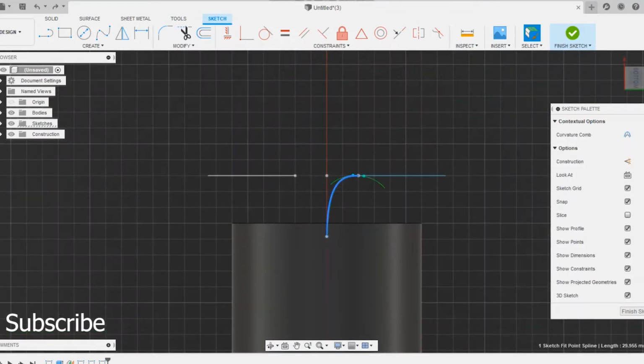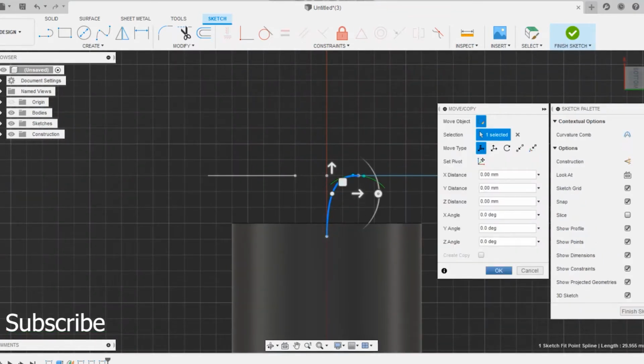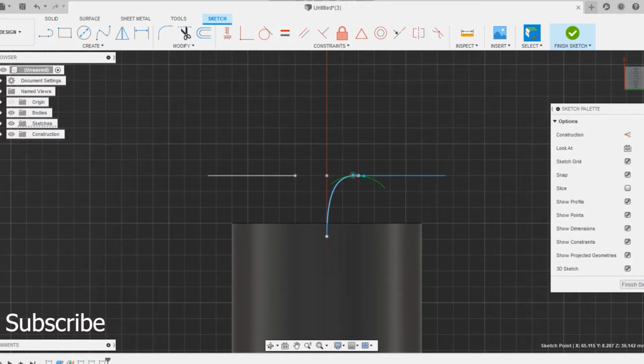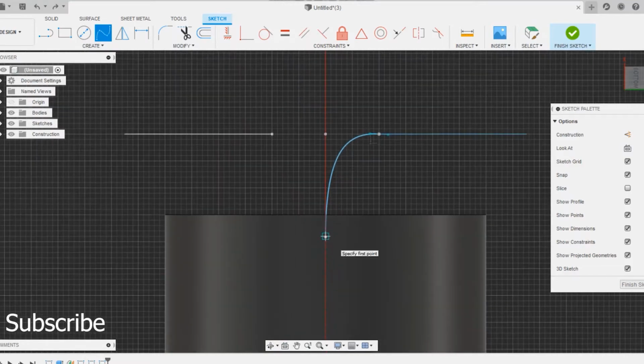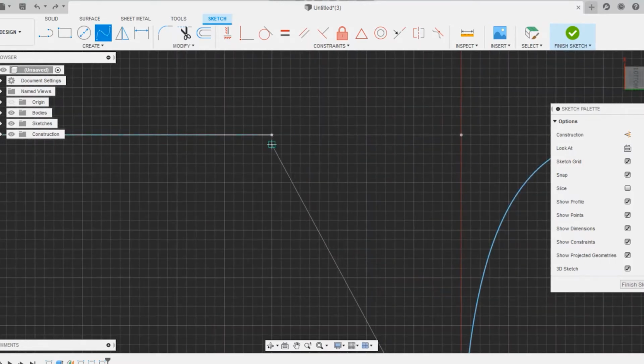It's for sure. I'm just showing you how it's not working, because it has been directed in such a way that it can be connected to only left side, right side. It can even be connected to left side, but I don't know, it will not form a proper arc which I want to draw here. So I'm using the spline command once again to draw another spline to connect with the line.